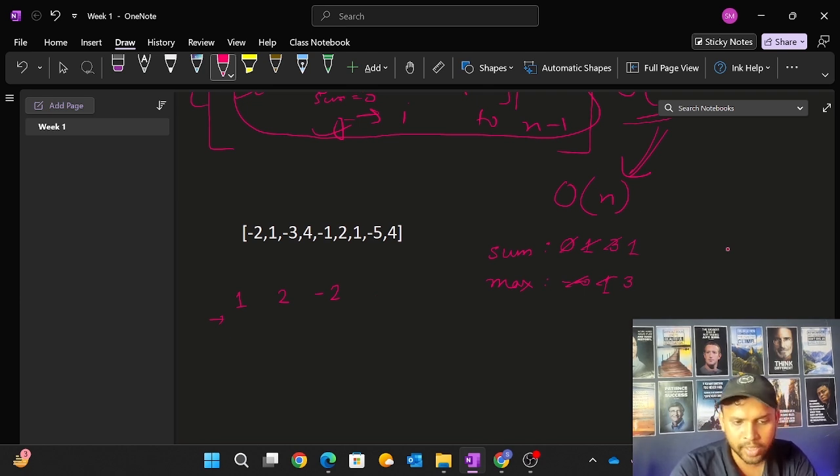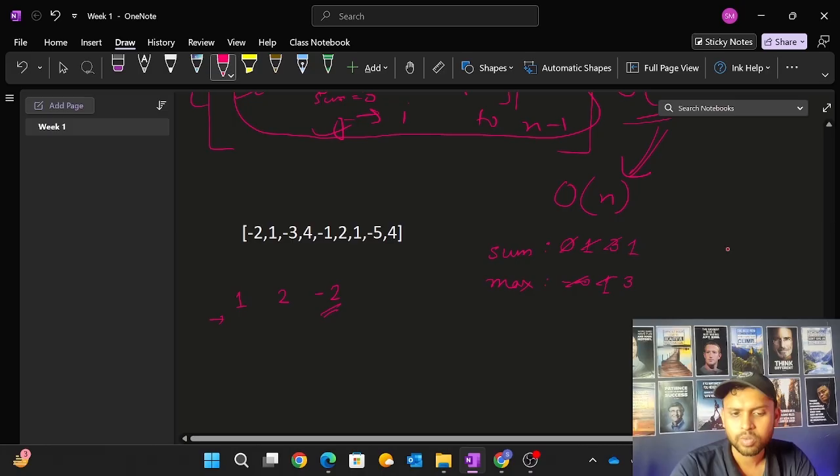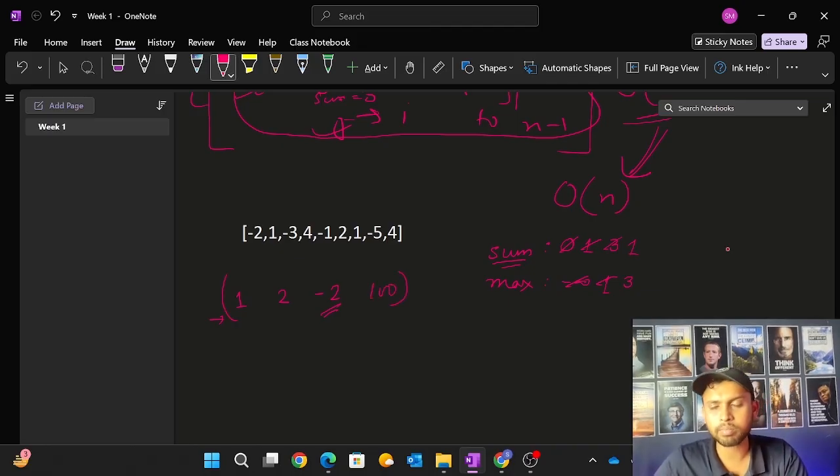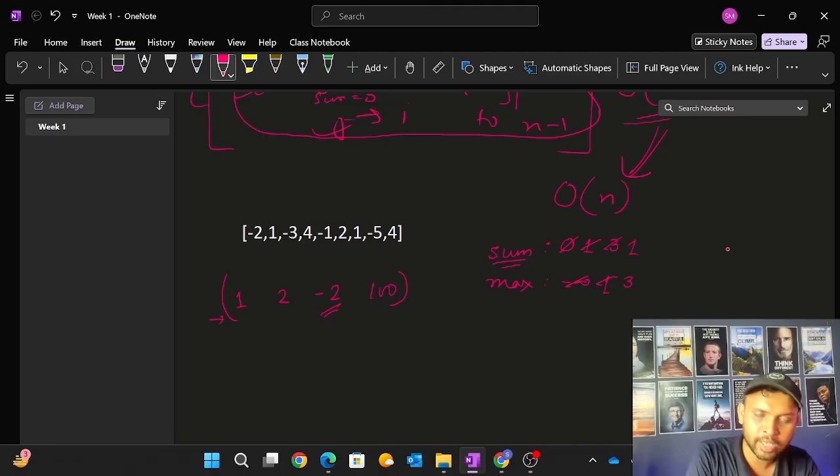But the point is, why should we include this minus 2 when it is going to decrease my sum? The simple answer is, guys, because maybe after this there is a very big number, and together if we take this, it will be the potential result. And if we just stop over here, then we could not take the maximum subarray. So at all positions we should not ignore this minus 2, or any negative numbers,